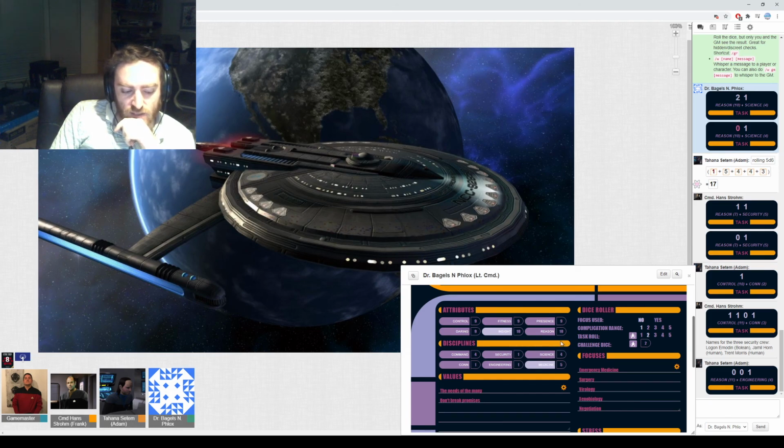Okay. Can we do a basic brain scan to see if there were any anomalies there? You could do a brain scan. I would still set the difficulty. Actually, let me just see if there's a basic brain scan here to see if there was...